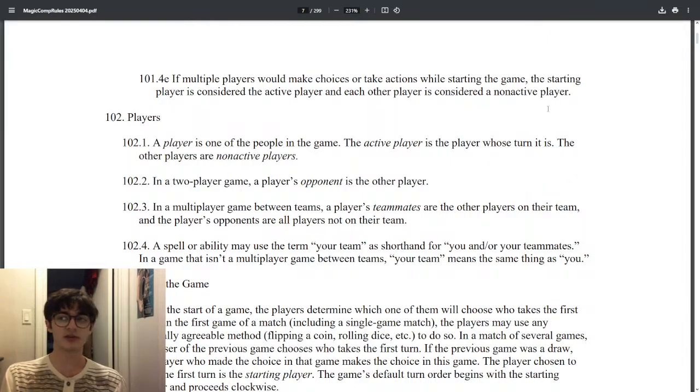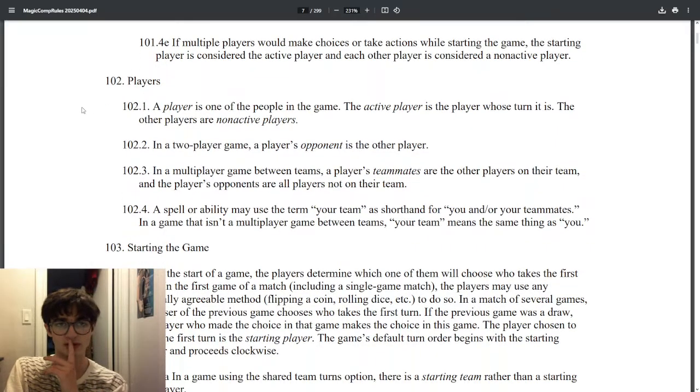You are the active player, and if an effect would trigger somehow by you exiling your hand and drawing a new hand, which is what Serum Powder does, then you are considered the active player, and it's considered your turn technically, even though you are not the starting player because of this rule. 102, players. Interesting that this comes after 101, but alright, all is fair game.